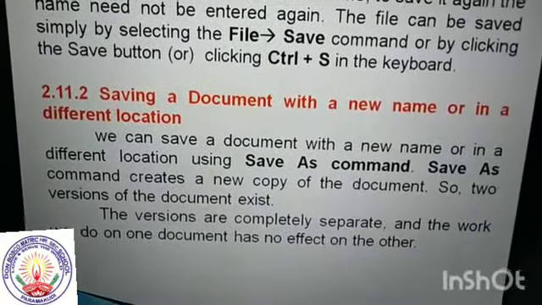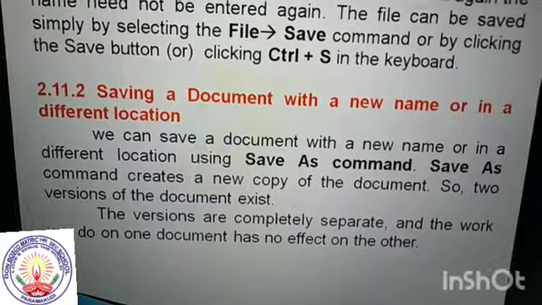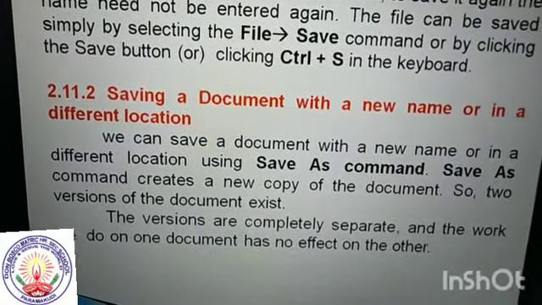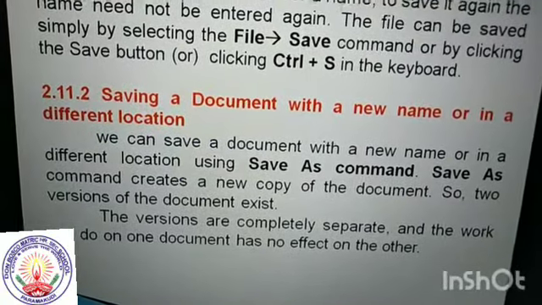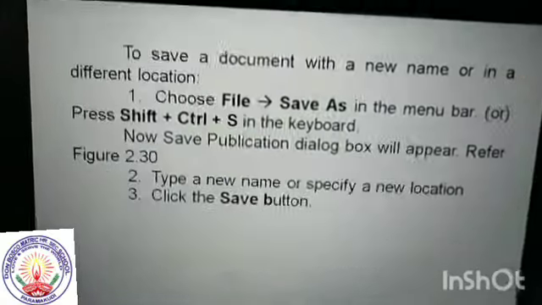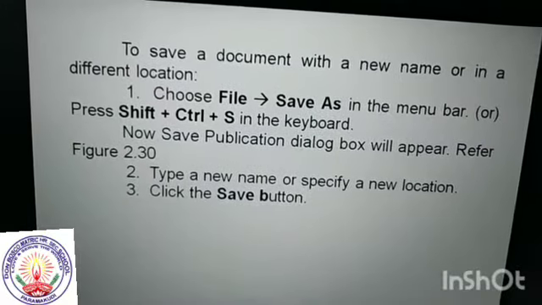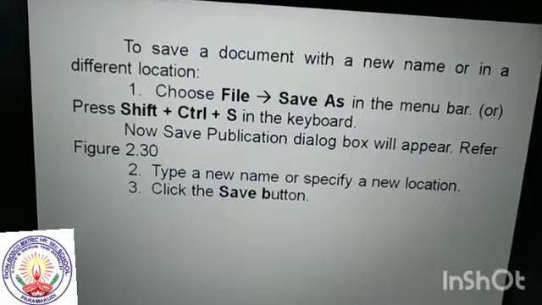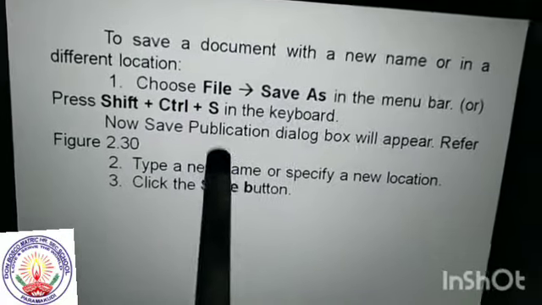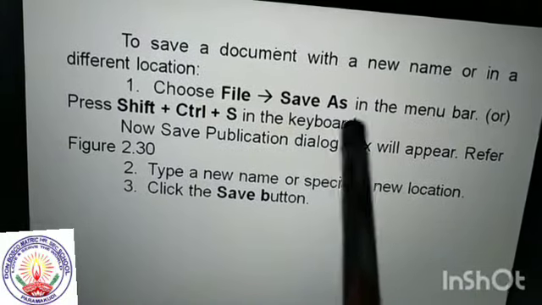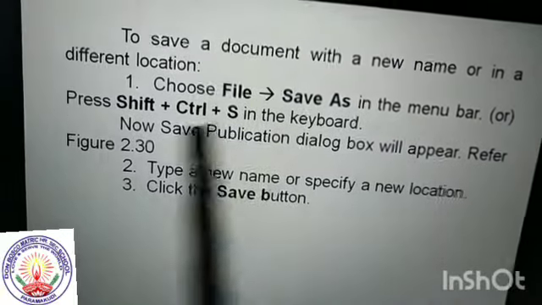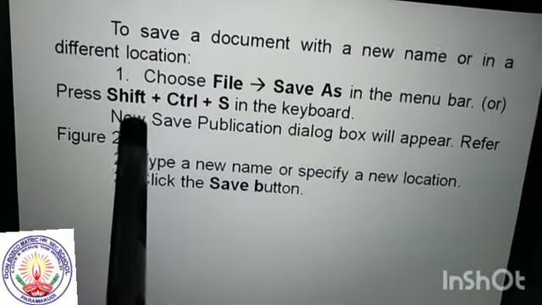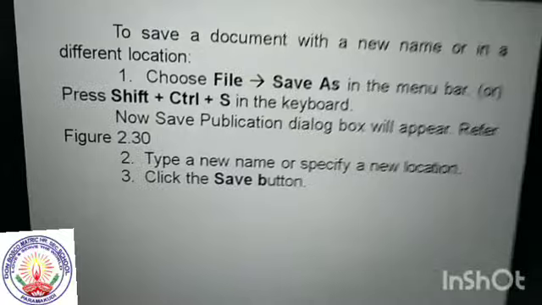The versions are completely separate, and the work we do on one has no effect on the other. Just choose the File menu and the Save As command in the menu bar, otherwise use the shortcut key Shift plus Ctrl plus S.